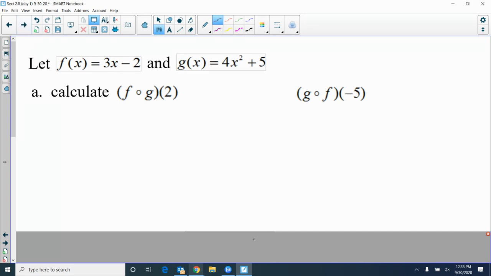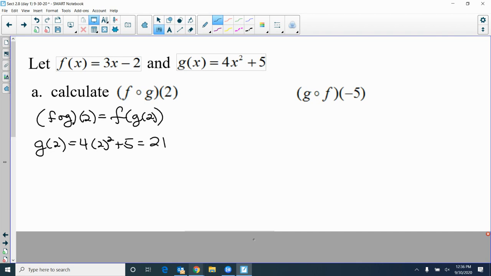So f of g of 2 will look like this. All right, calculate g of 2. Plug 2 into the g function. You're not going to do anything new. Just apply it in a slightly different manner. Plug 2 into the g function, which is going to be 4 times 2 squared plus 5,